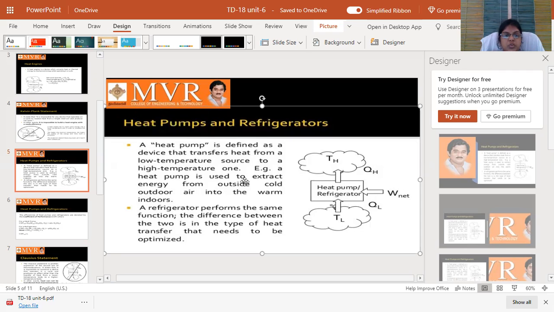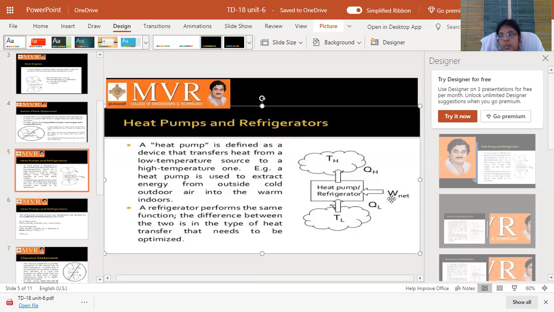For example, a heat pump is used to extract energy from the cold outdoor air to the warm indoors. A refrigerator performs the same function. The difference between the two is in the type of heat transfer that needs to be optimized. Actually, the main difference between a heat engine and a heat pump or refrigerator is that a heat engine